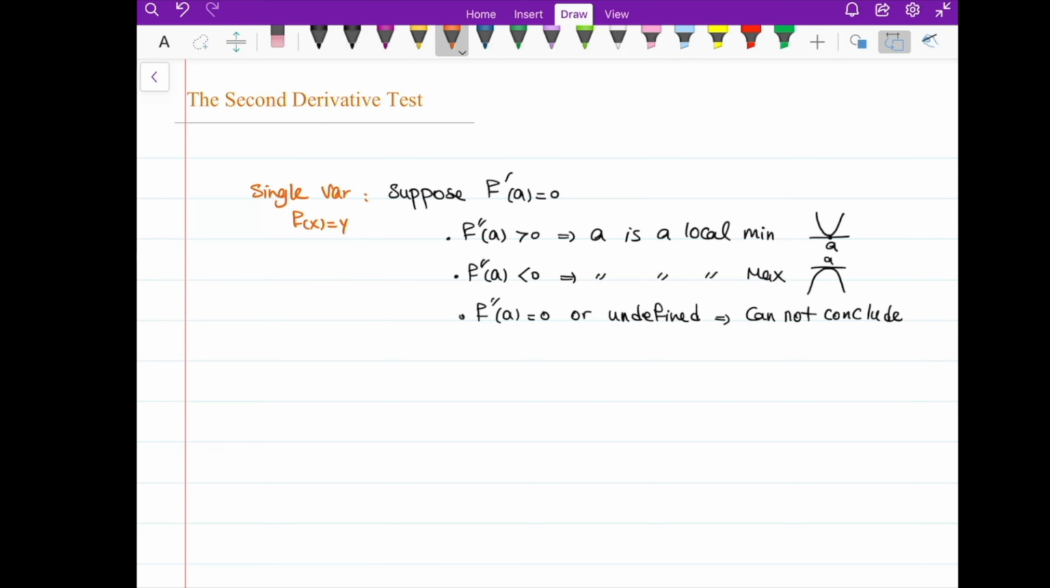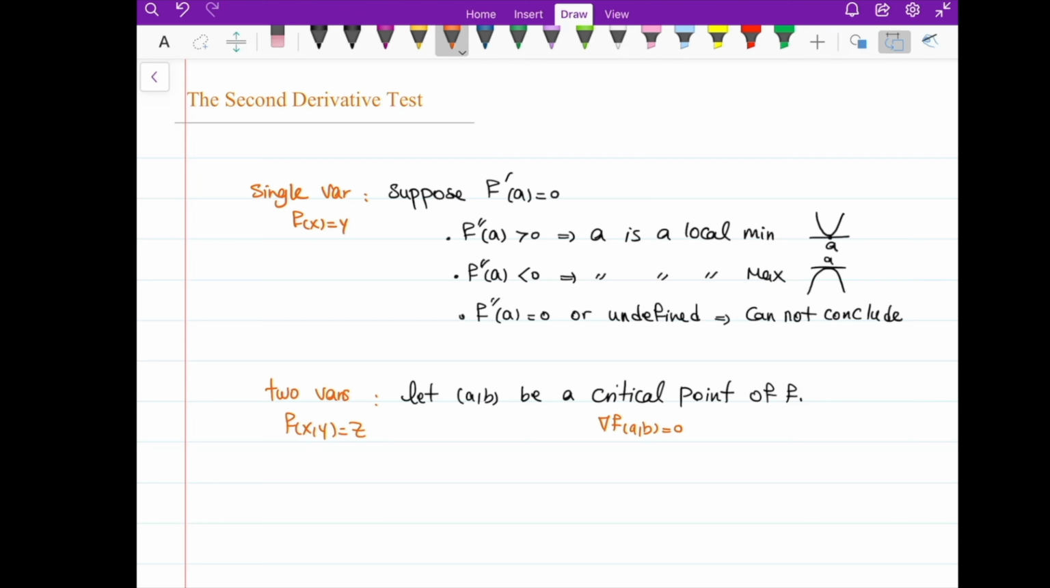How about the two variable case? If we have a function of two variables like this, f of x and y equals z, then we say that the point A, B be a critical point of the function f. On the critical points, we might get the gradient of f